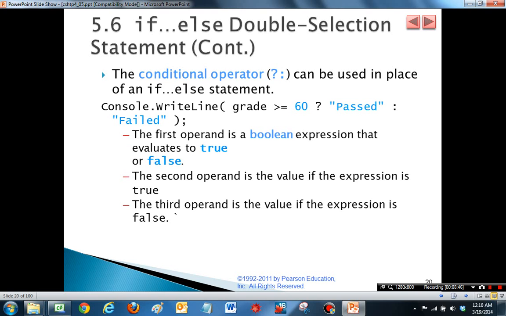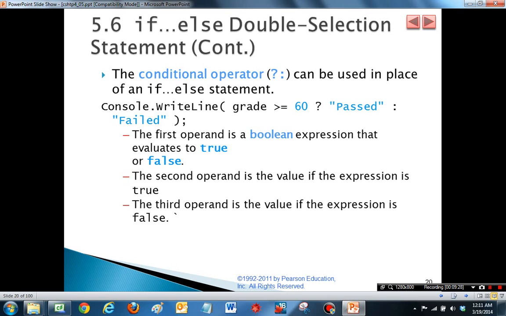and two different actions are taken depending on the guard conditions being complementary. A shorthand for the if-else double selection statement is the conditional operator, or ternary operator as it is also known, which is a shorthand composite for a double selection if statement. It consists of a condition followed by a question mark, and the question mark is followed by two actions separated by a colon, and the first is to be taken if the conditional expression evaluates to true, otherwise